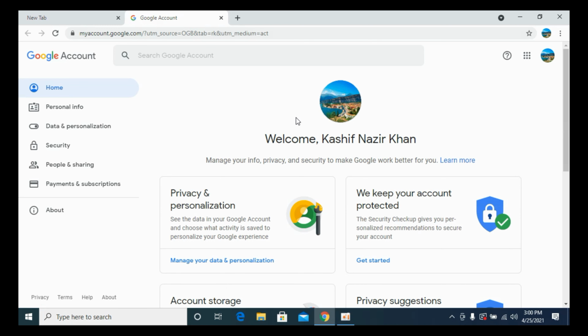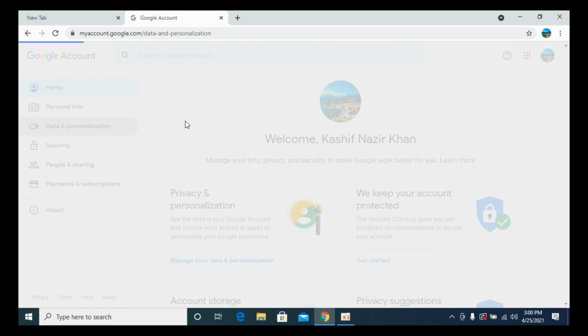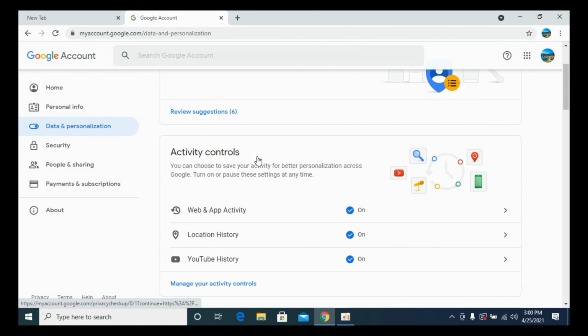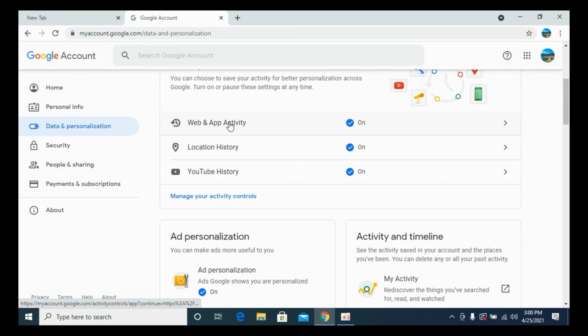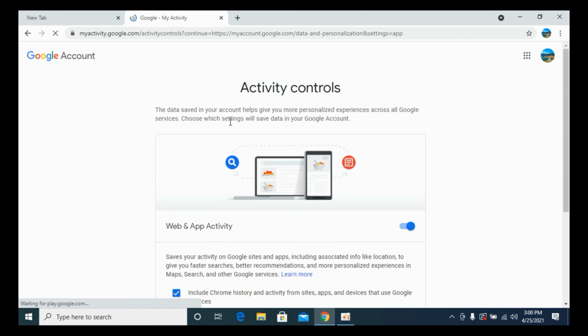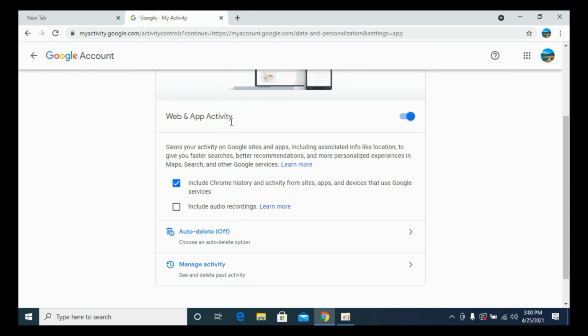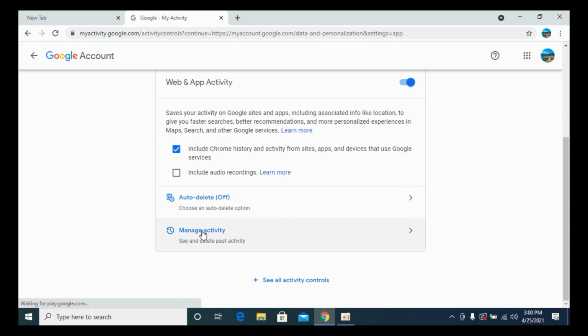In case you are logged in with the Google account, once you are here, go to data and personalization. Now scroll down a bit, and here you can see web and app activity. Click on this. Once inside, scroll down a bit, and at the bottom you can see manage activity. Click on this one,